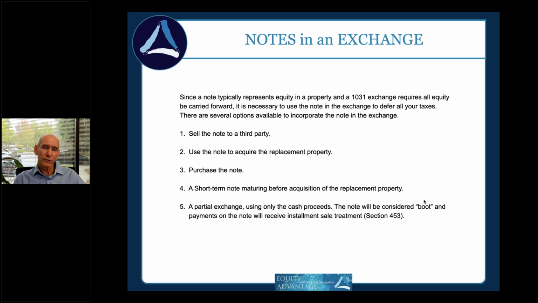So what happens in that situation is if you're trying to do an exchange, the note's going to come to us just like the cash would. And then we've got to do something with that note. We can sell it to a mortgage broker. Typically discounts are sometimes as much as the tax liability, so that doesn't happen a whole lot. We can use the note and cash to buy the replacement property, so we'd have the benefit of the note at close. So the cash and note would come to us, and we use the cash and note to go buy something.